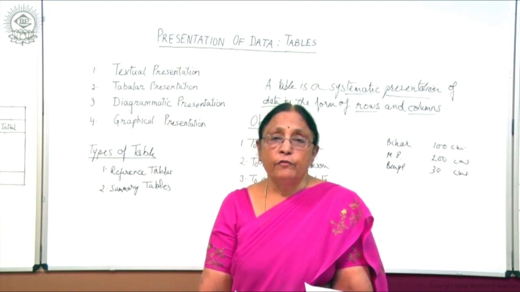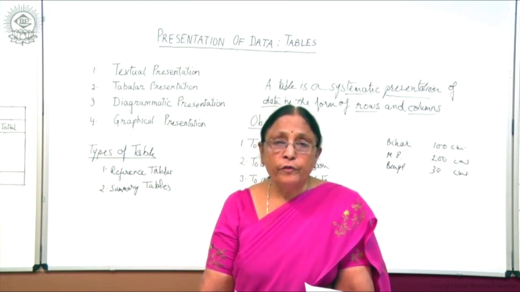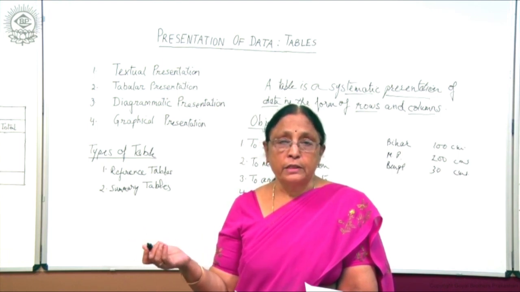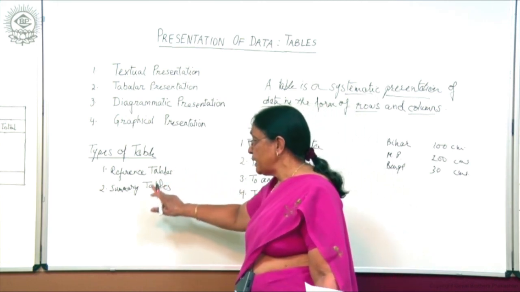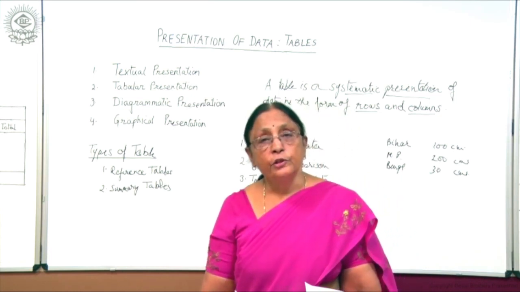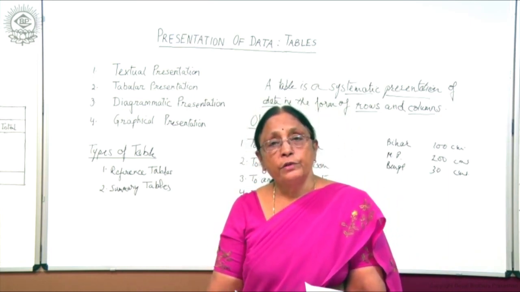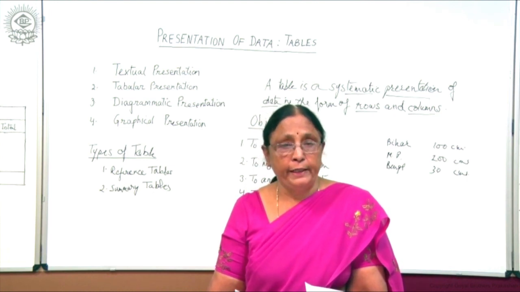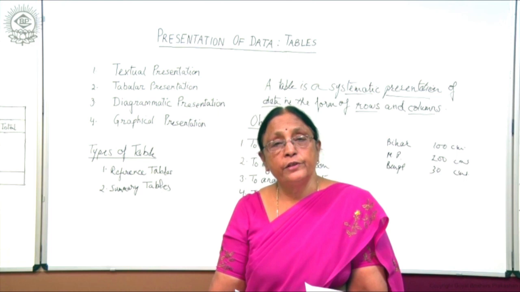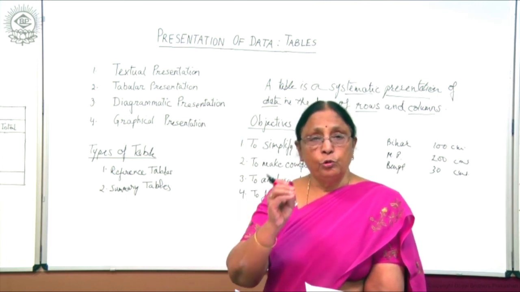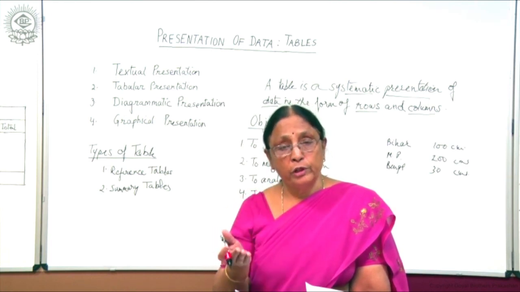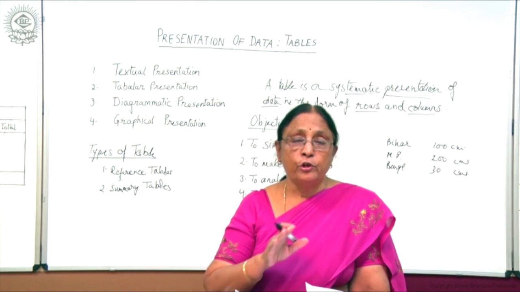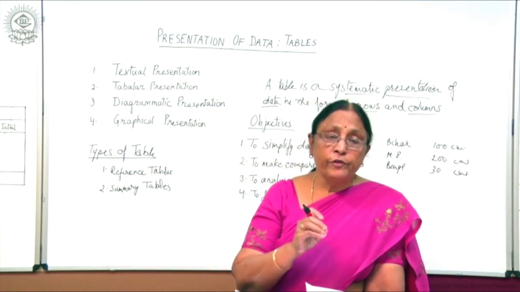It is normally given in the form of appendix or in the form of any attached format which has the detailed description of data. So, this is known as reference table, whereas summary table is made with the specific purpose in mind. Suppose you want to find out the literacy rate of the country. There are two ways: either you go and collect the data from each and every household, or if you want to do the survey of the whole country, it is a tedious work, and you have to appoint different people to gather the information